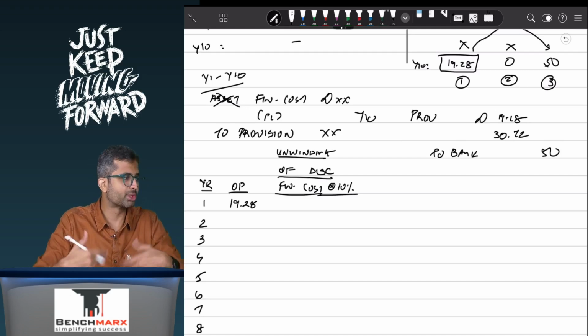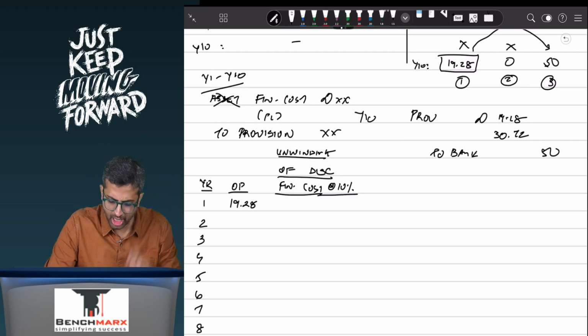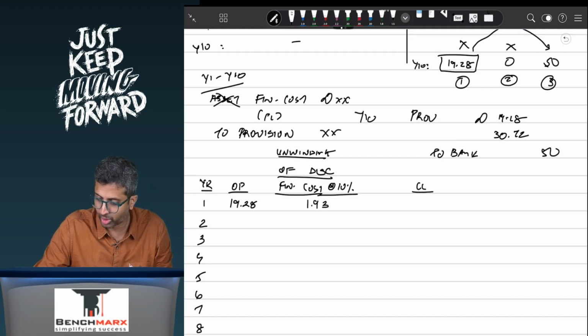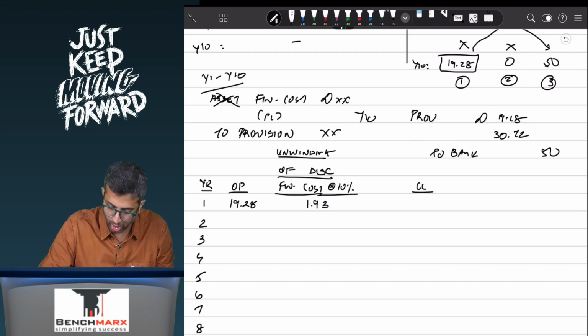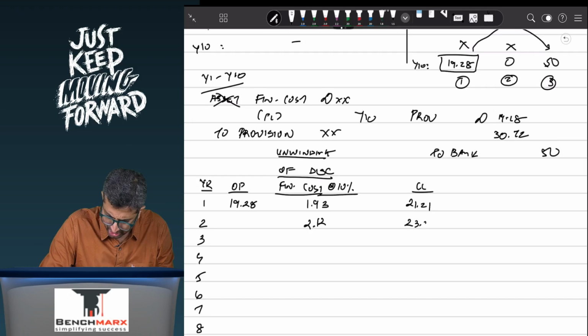Once you practice a few sums, things will flow smoothly, but understanding the concept is a little tricky over here. So this is, let's say, 1.928 or 1.93. And your closing provision will be 19.28 plus 1.93, which comes to around 21.21. That will become the opening plus 10%. Let's say this is 2.12. Approximately this will be 23.33. This is 2.33. Approximately this is